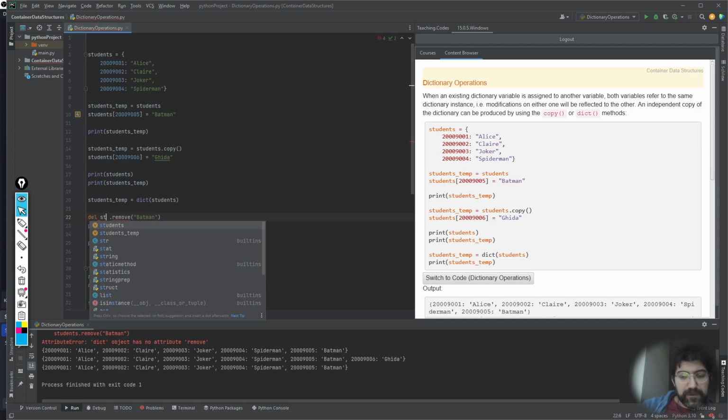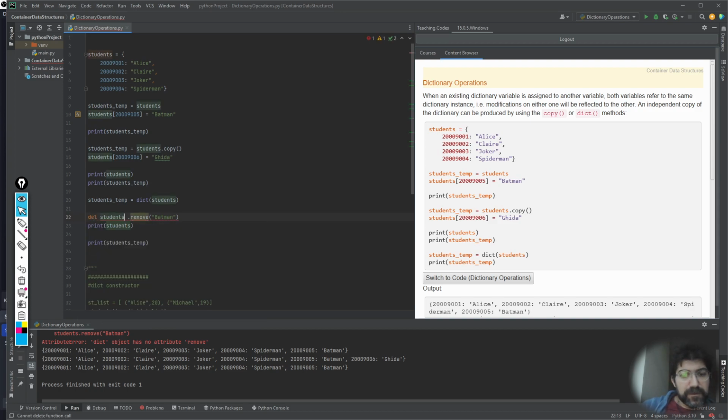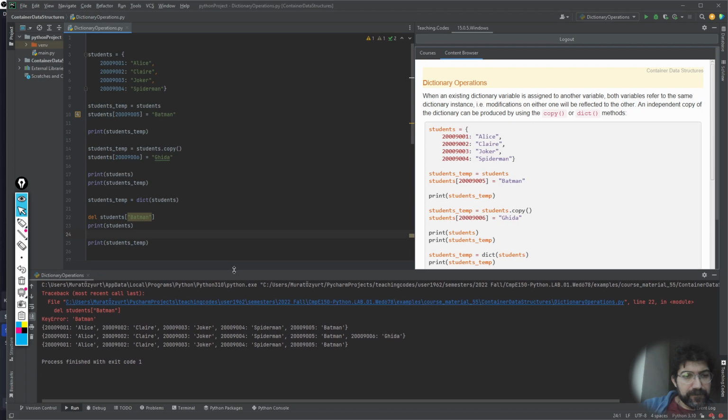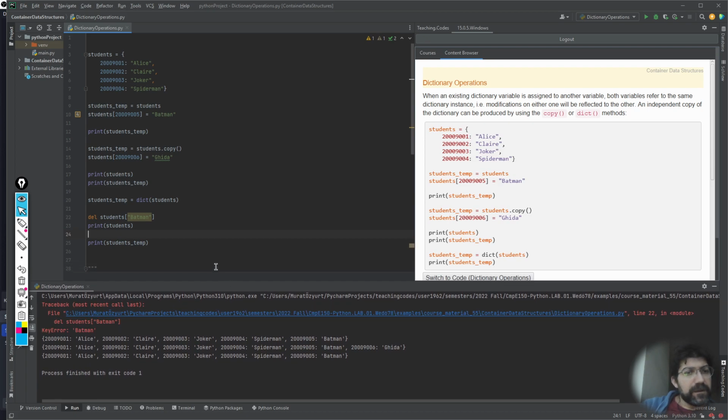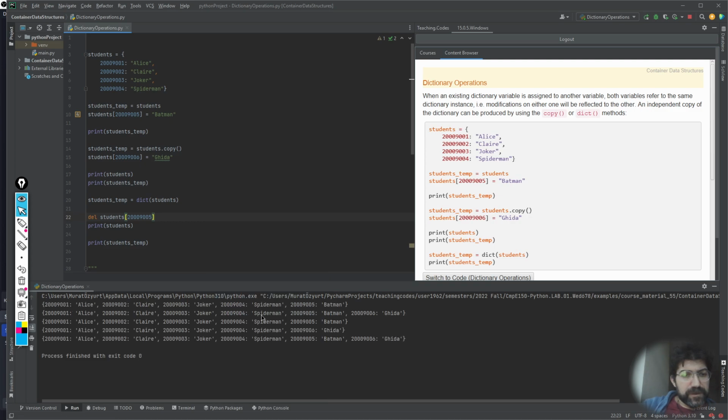Delete students Batman. Okay. Delete it from my dictionary and print students. Key error. I don't have a key as Batman because the key was wrong. Sorry. Once again, I should have specified Batman's student number instead of its name. Now it's going to remove that Batman from my students